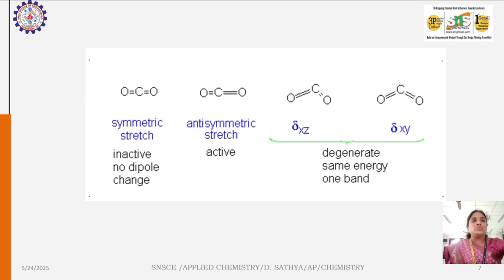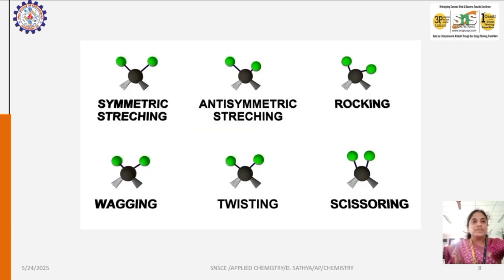The next two animation diagrams show the bending. So two types of bending are available for IR spectroscopy. So there are symmetric stretching and asymmetric stretching, and rocking, wagging, twisting, scissoring. So these are the types of IR spectroscopic vibrations. Scissoring is like using scissors, cutting like this. So the two atoms will vibrate like this. So this is called